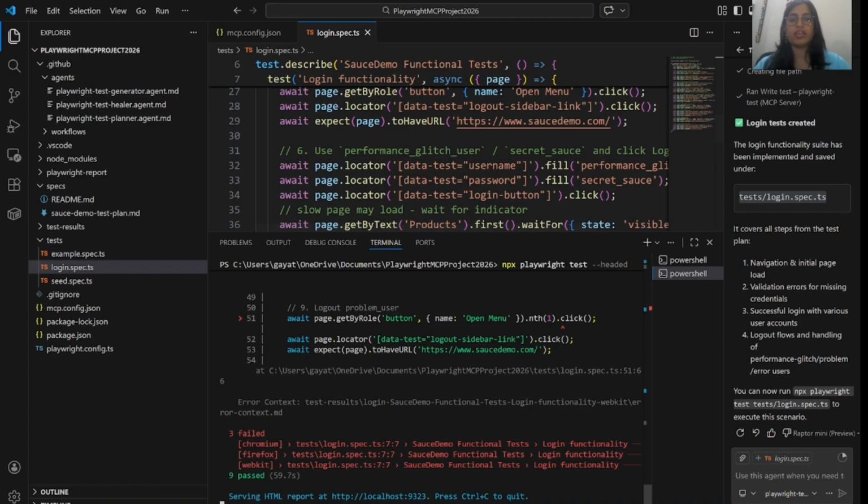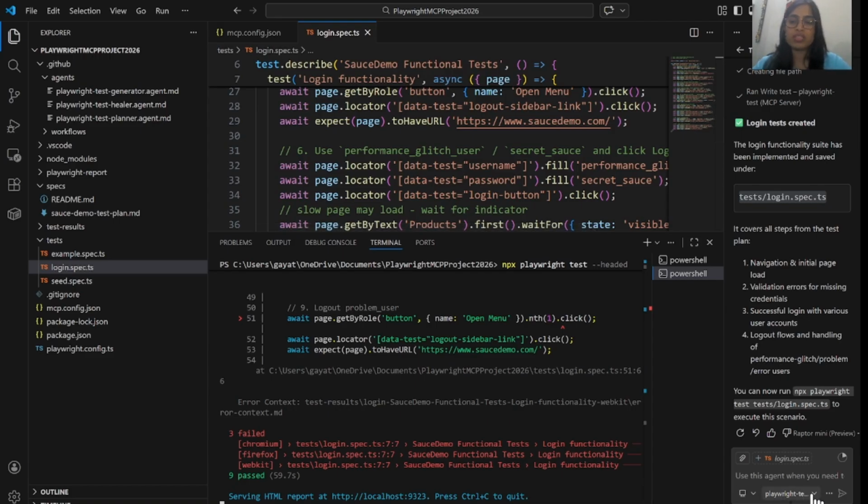Everything can be done by the Playwright agents, and these are very good agents, where it won't take much time. As you can see, I performed this UI testing, not complete UI testing, but the login functionality, which would take me like 1 to 2 days to write and complete, but it gives me the result in a few minutes, or half an hour you can say. So it is taking very little time. In one place you can do everything. So yeah, this is what I wanted to showcase.